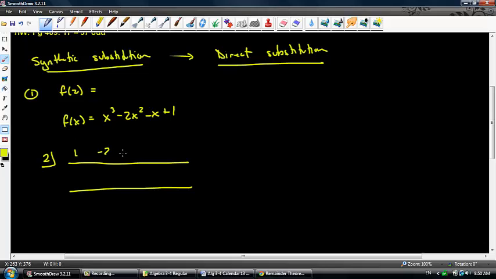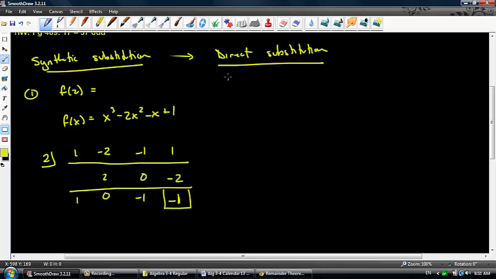1, negative 2, negative 1, and 1. So when I synthetically divide, I'll get a 1, I'll get a 2, I'll get a 0, a 0, a negative 1, a negative 2, and negative 1. So this is my remainder right here, but let's see what happens if I directly substitute in f of 2